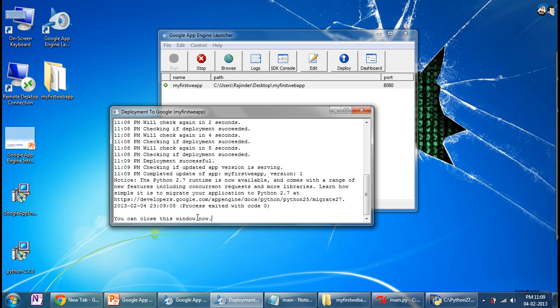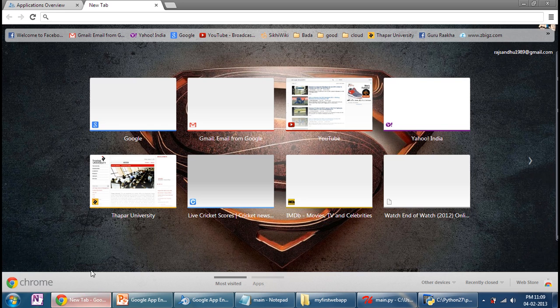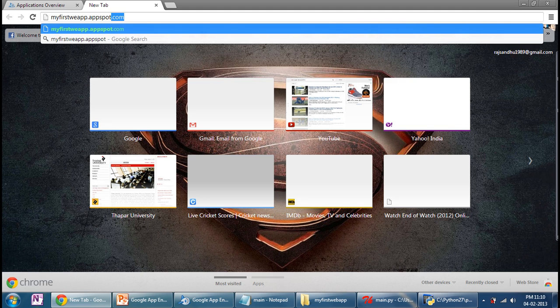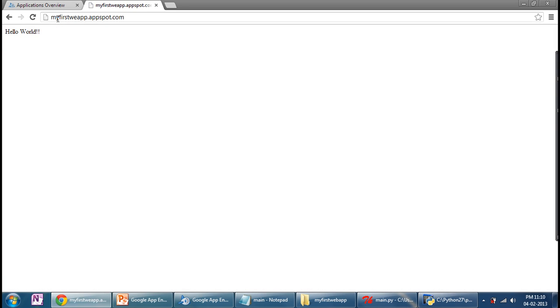Okay, it says you can close the window now because deployment is done. Close this window, open the Explorer. Now we have deployed. Now check. Application name was my first VApp dot appspot.com. Hello world. So congrats, you have deployed your first Python code using Google App Engine on the Google servers.